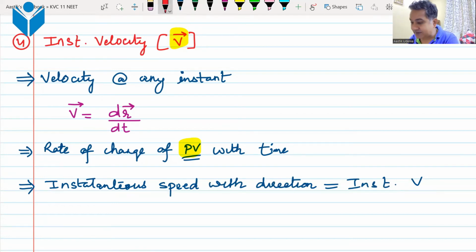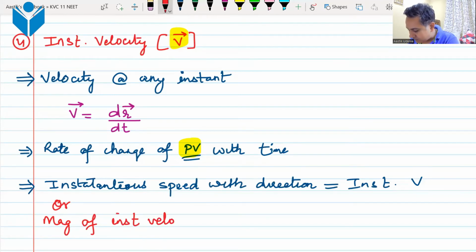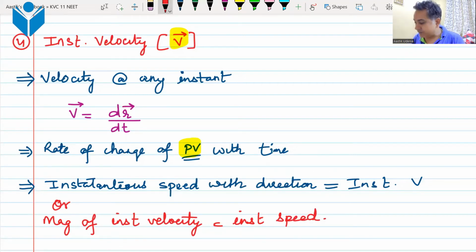Or you can say the magnitude of instantaneous velocity is instantaneous speed. Now, many a time, I think in 11th standard, whenever you would have talked about velocity, the first